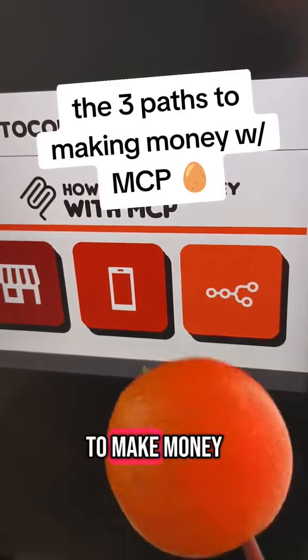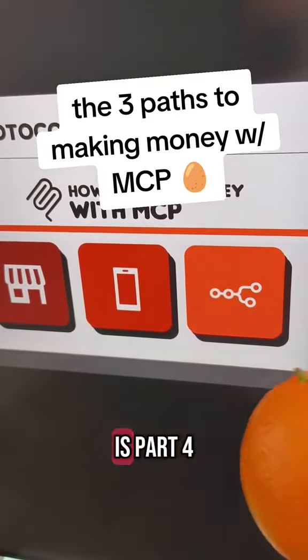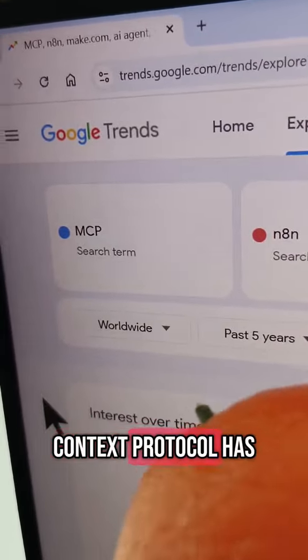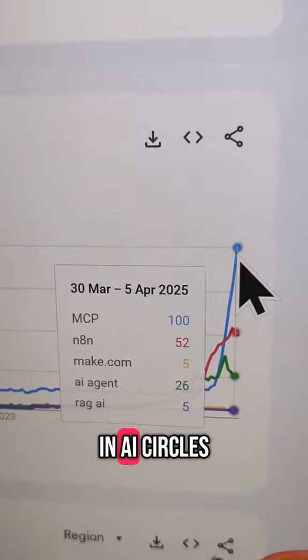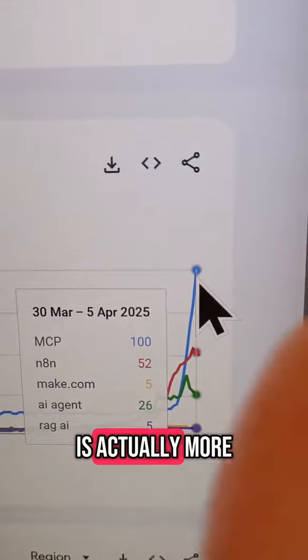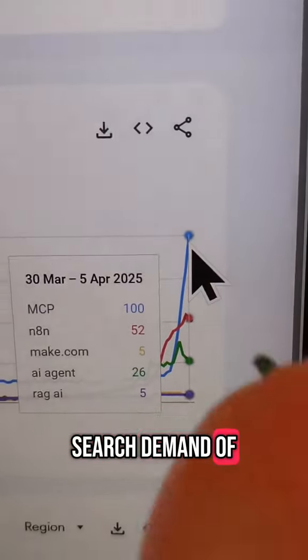This is how to make money with MCP. I think this is part 4. Because if you don't know, MCP or Model Context Protocol has been blowing up in AI circles, where the search demand in Google Trends, if you look at it, is actually more than the combined search demand of other topics